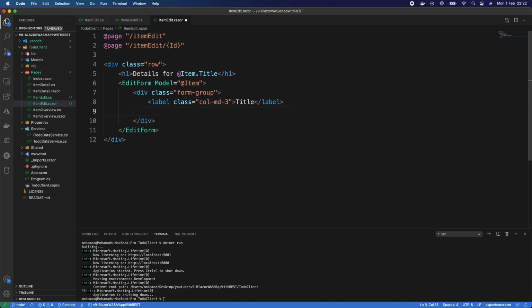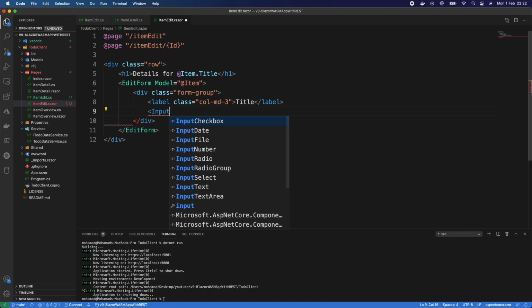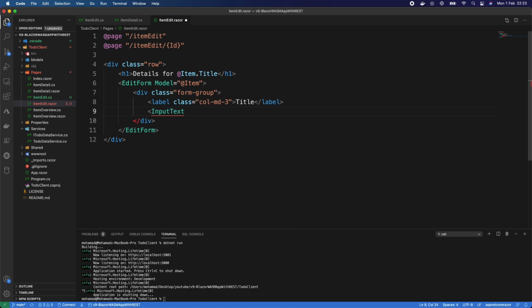And similarly, when it comes to the web technology, we'll have an input field, and this input field will have a name and an ID. Within Blazor, we can also use the input field, but also Blazor provides us with a customized input. It's called InputText, which also provides us with some built-in functionality. So let's give it a class called col-md-8,